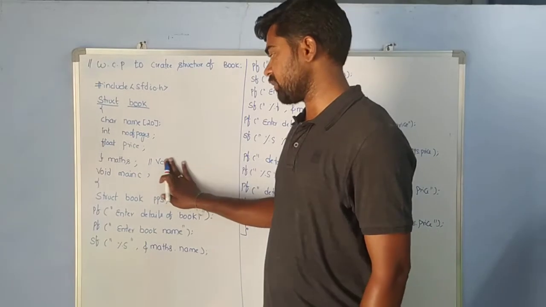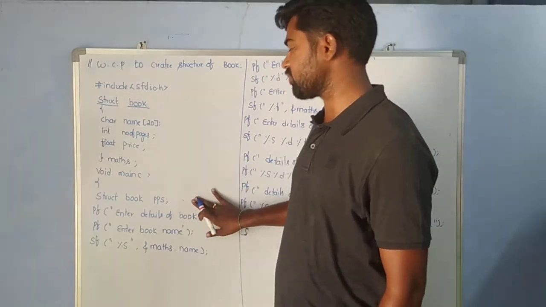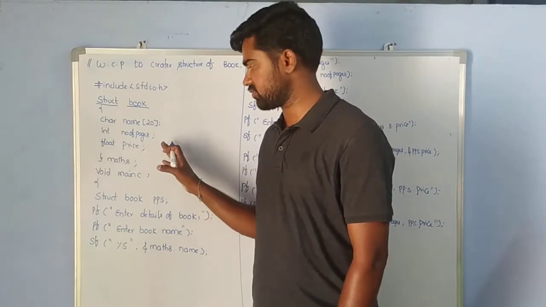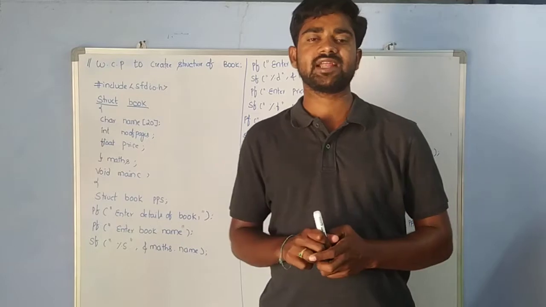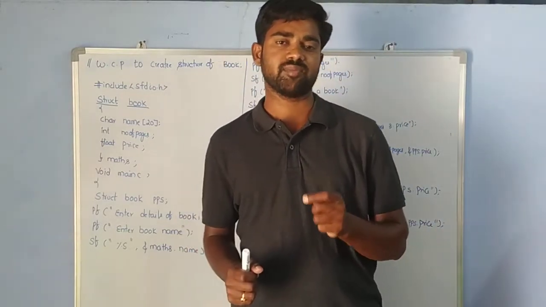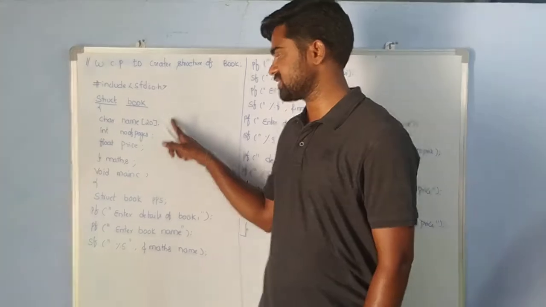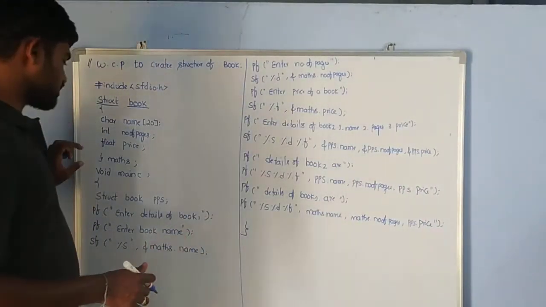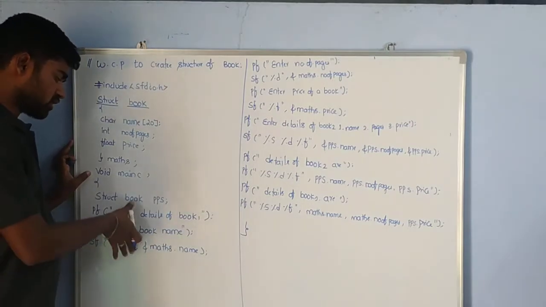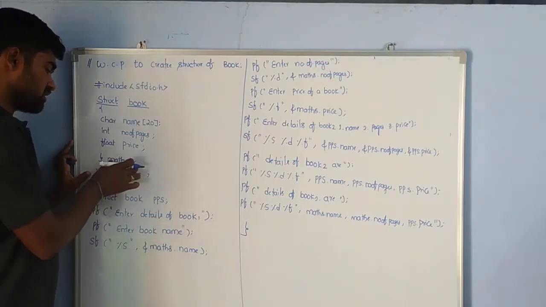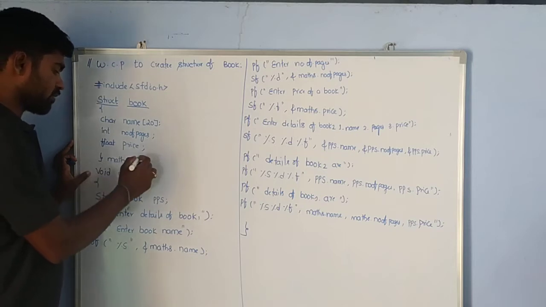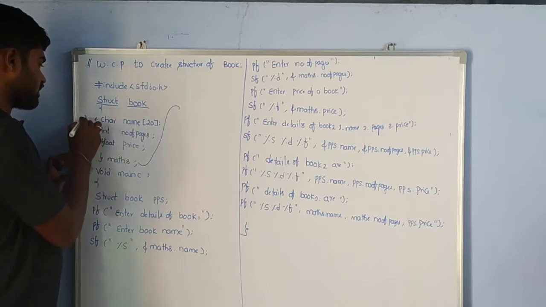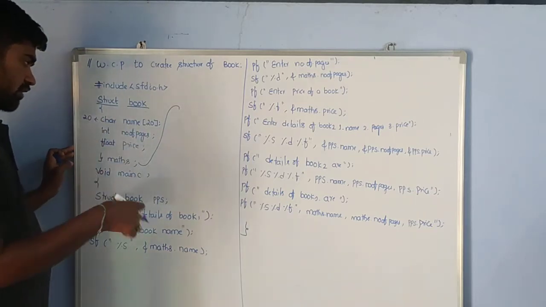Now here what will happen? We get memory allocation for the name, the number of pages, and the price. Whenever we create a structure variable, only then the memory allocation happens for these data members of a book. The program execution starts from the main function. Before starting the main function, this variable mass gets memory allocation of how many bytes? This name contains 20 bytes, required 20 bytes.